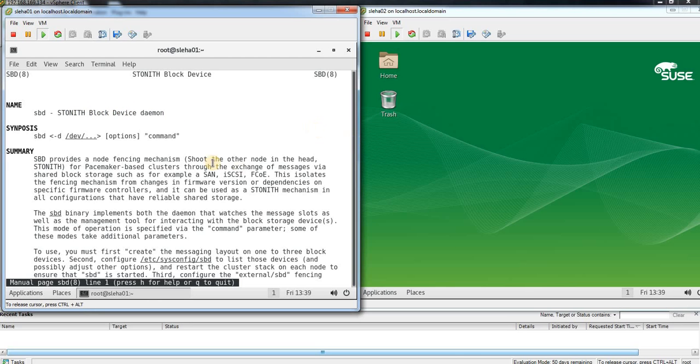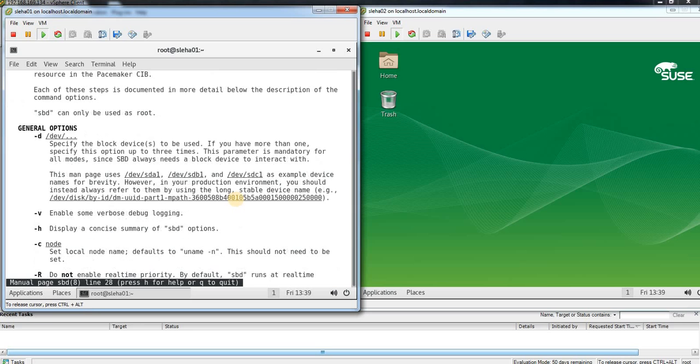So this is one method which we can use, and in the summary you can see you can use SCSI devices, iSCSI or FCoE, you can use all these devices, and also how to create them,